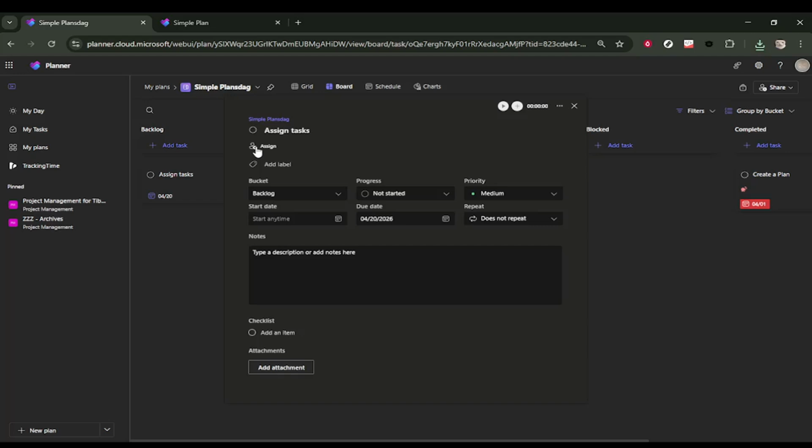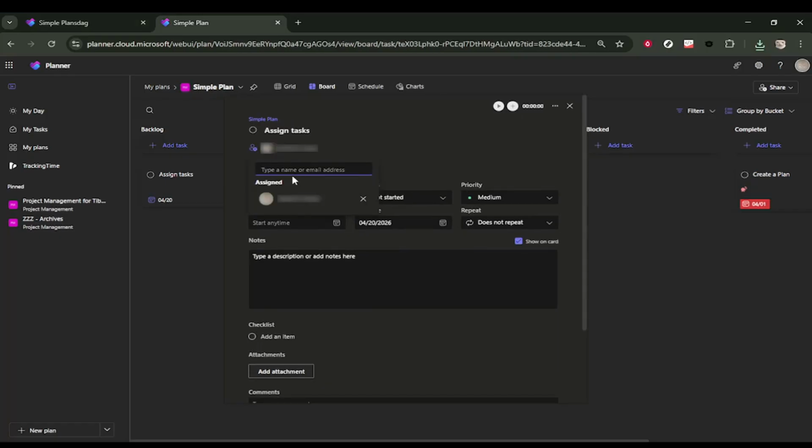If your organization has many users, you may see a search field, or you may be able to begin typing to narrow the list. Now choose the team member you want to tag by selecting their name from the list. As soon as you select them, they are added as an assignee on the task. You may see their initials or profile icon appear on the task, which is a quick visual confirmation that the